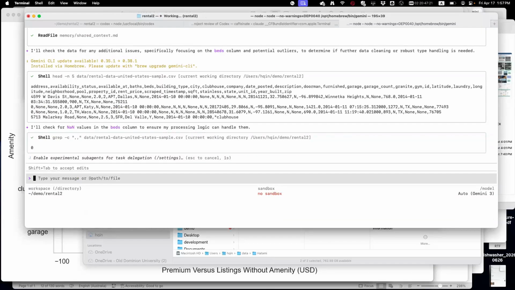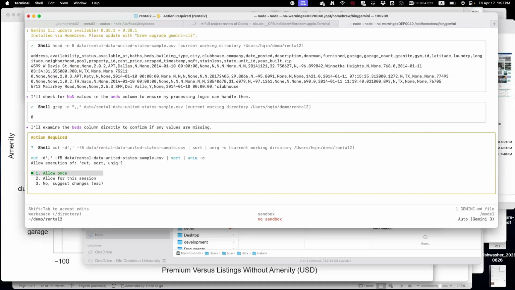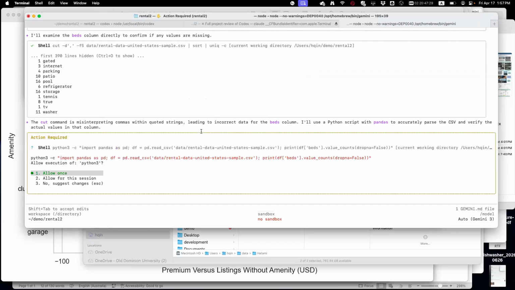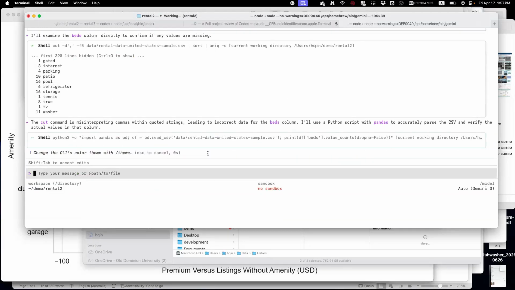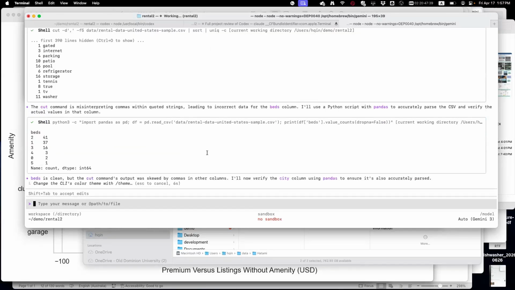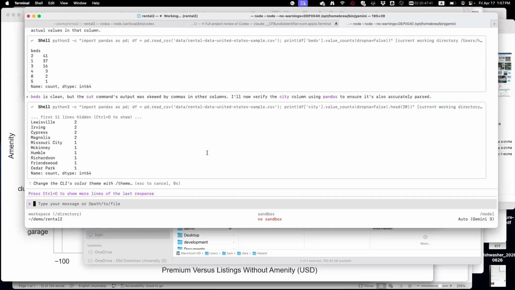Gemini is also a bit over conservative. It actually asks me for permission to even read the files. In this case, very often you can ask AI to provide a command for you to execute all these tasks autonomously, without asking permission.